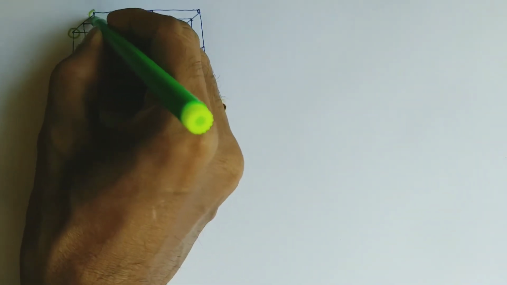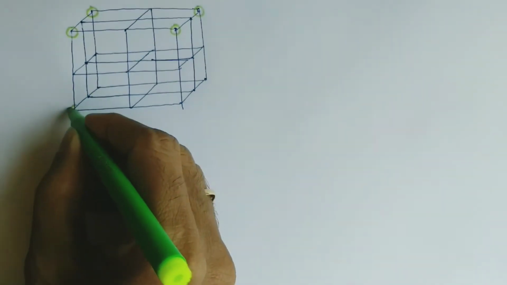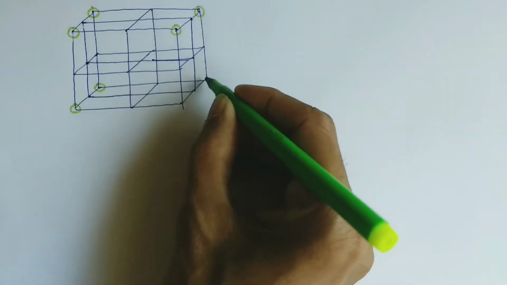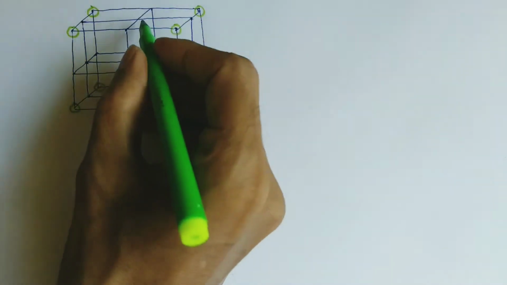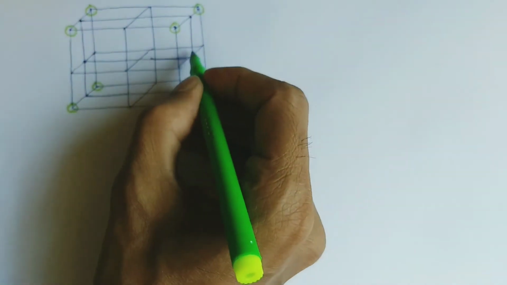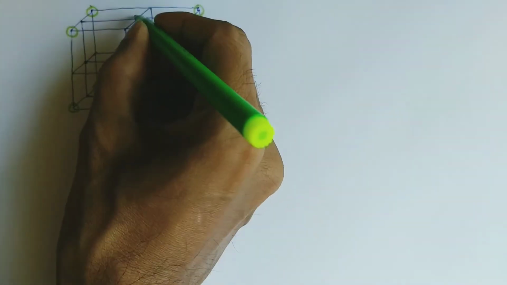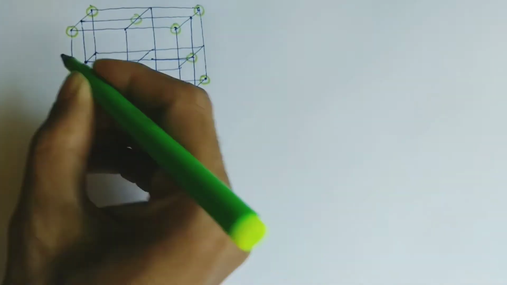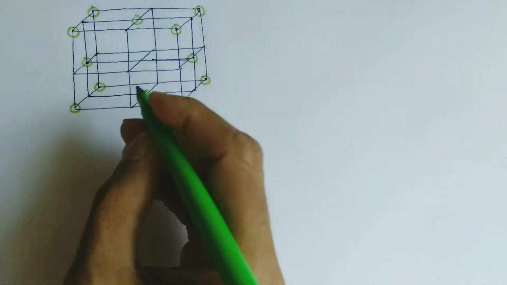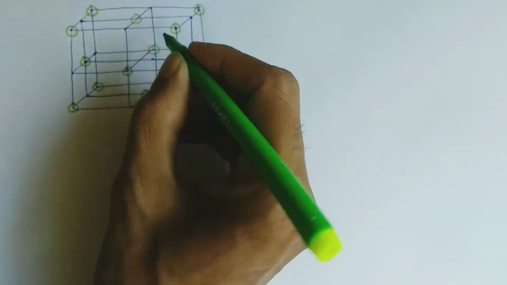So these are the 8 corners and 6 faces. These are the faces, you can see 1, 2, 3, 4, 5, 6. So chloride ions form the face centered cubic,